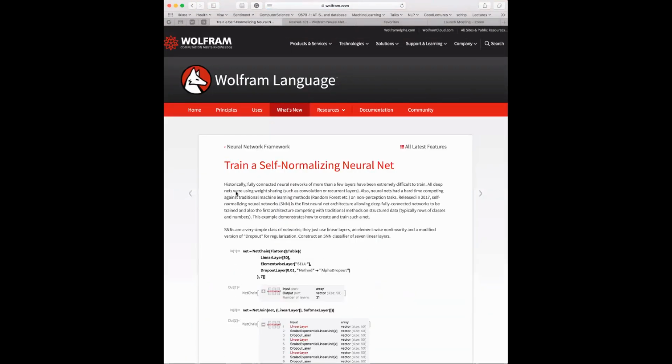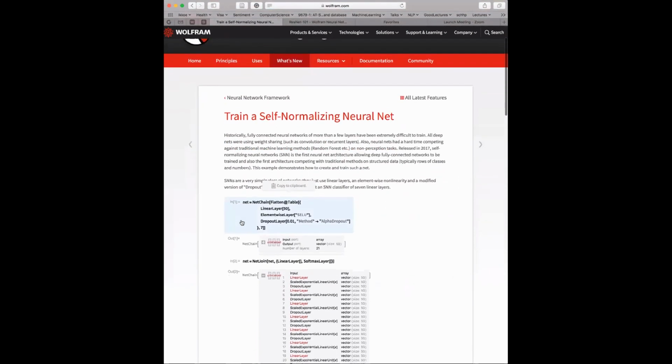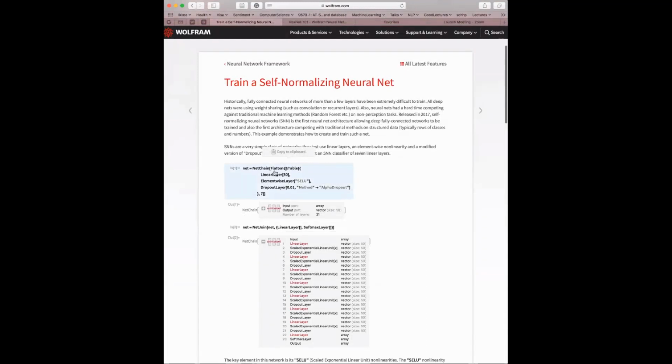Self-normalizing neural nets, that's also one of my favorite architectures. It's an extremely simple architecture. That's the code to create a self-normalizing net. So here we're going to do things of length 7, okay? And we have a linear layer, and then we have this nonlinearity, which is CELU,